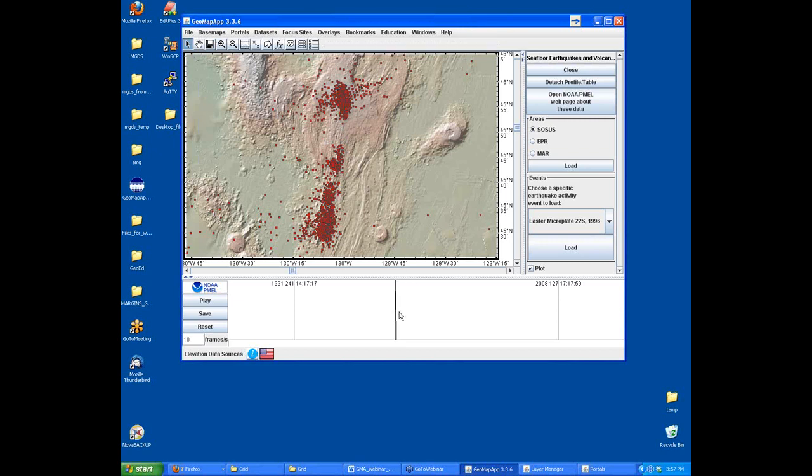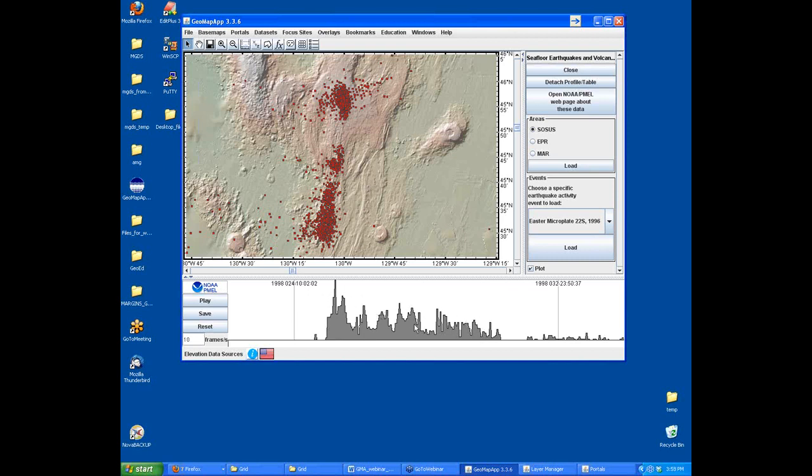And down at the bottom we see a big spike, and this is a histogram showing the number of earthquakes throughout this time window. So in this case, the time window starts at 1991, day 241, so probably sometime in the late summer, and goes up to 2008 springtime. But I can use the mouse to drag these lines closer to the spike. So it looks like we have an earthquake swarm here, and by narrowing the time window to something like this,